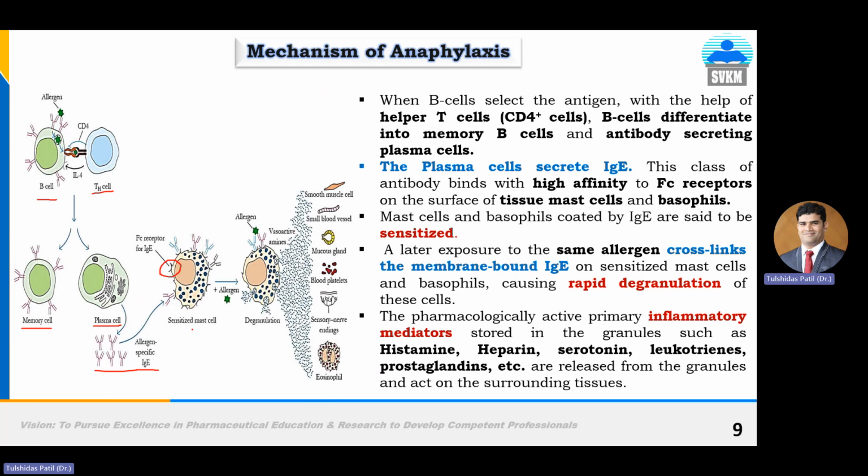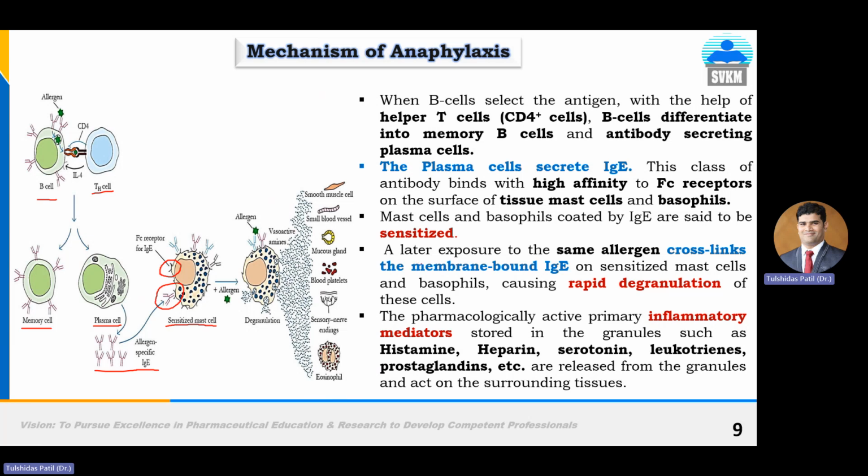So these IgE antibodies will go and bind to the Fc receptors which are present on the mast cells. After the formation of the complex of IgE with the Fc receptor, those mast cells are said to be sensitized, and we refer to them as sensitized mast cells. Now, this is the first exposure to the antigen. Later on, when that antigen